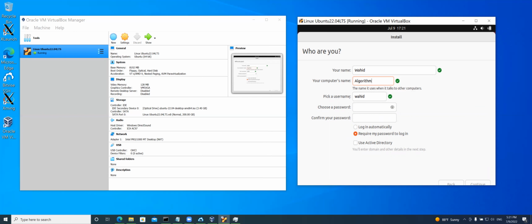So pick a username, Wahid is fine. I could just have that one. Choose a password. I'm going to choose a password. And then notice the username is lowercase. I can just keep it lowercase, that's fine. So I don't have to change it. It's case sensitive. Whatever you type in, you have to have a strong password, which it detects that it's a strong password. Require my password to log in. Do I use Active Directory? No, I don't want to use Active Directory. And then require it,